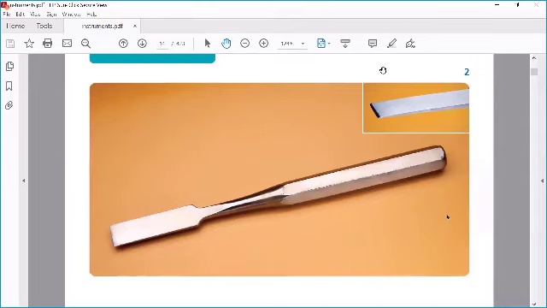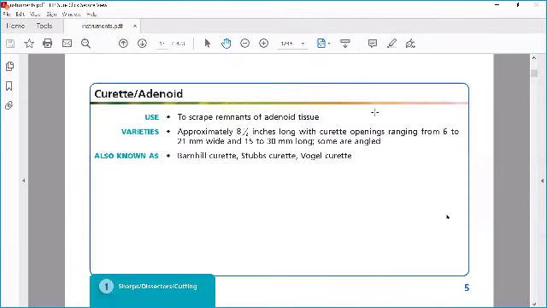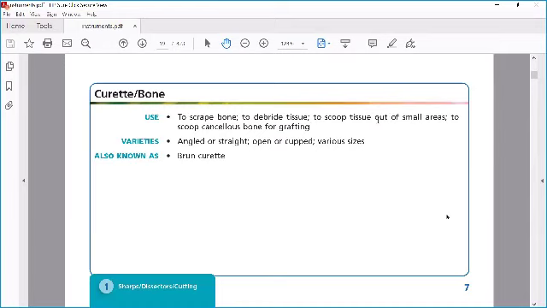Yeah, okay. So this is a chisel, okay? You use it to cut bones and while taking bone graft also, and it has a sharp end at this point. Okay, this is a curette. It has a scoop at this end, and we use it for curetting, like when there is an infected bone, no? So you need to curette it. And while clearing the fracture site, you need to freshen it before you put plates and reduce it, no? So that part you can use it. So this is a curette.